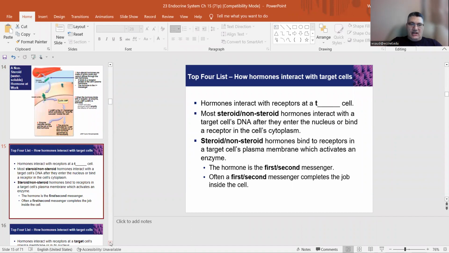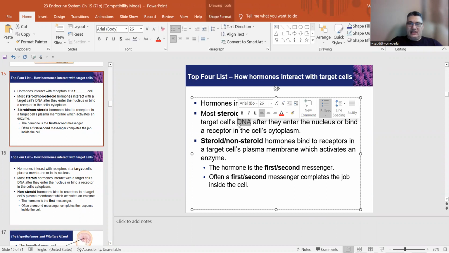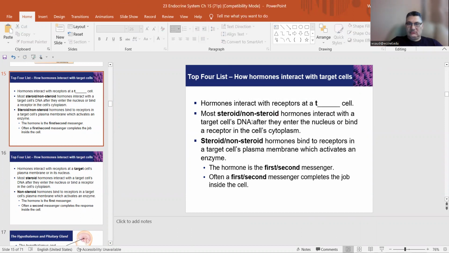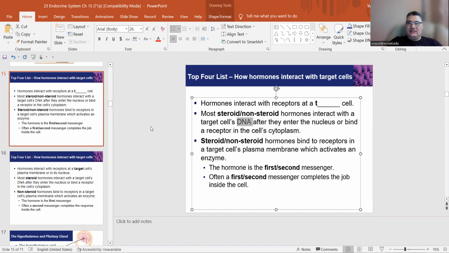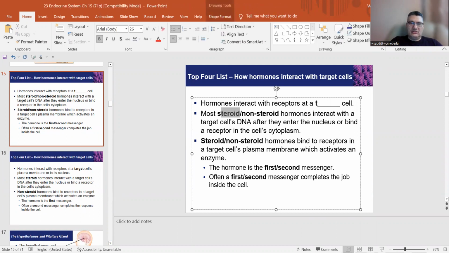So hormones interact with the receptors at, of course, the target cells. Most steroid or non-steroid hormones interact with the target DNA. What do you guys think, if you're following? Which one interacts with the DNA inside the nucleus? Steroid or non-steroid? Steroid. Steroid, yes, because steroid is lipid, crosses the membrane, goes to the nucleus, enters in, interacts with receptors, and targets the